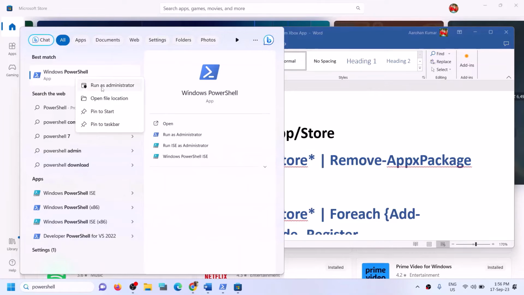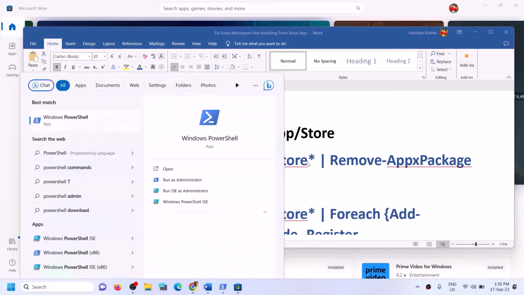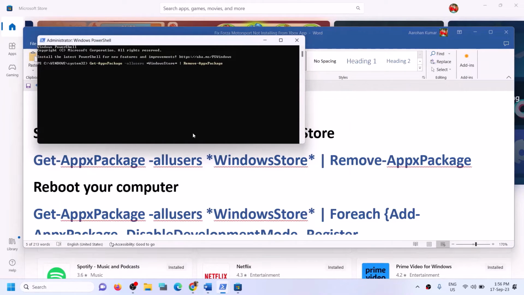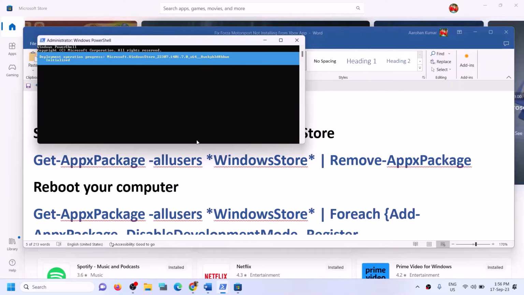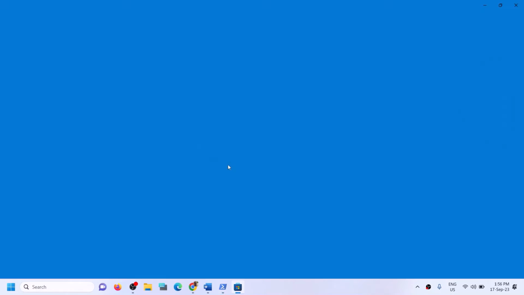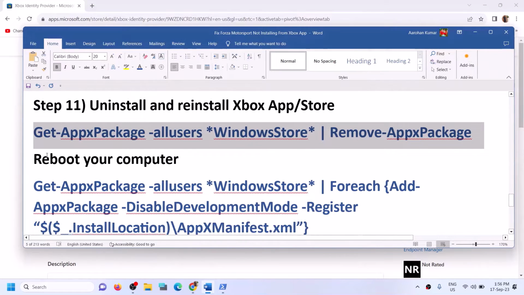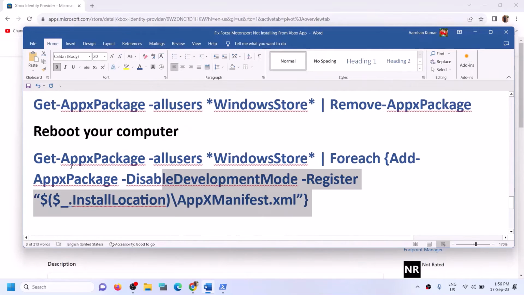Make sure that you always open PowerShell as an administrator and then click on yes to allow. Paste the command over here. This will uninstall Microsoft Store from your computer. Here you can see Microsoft Store. This will uninstall. It's gone now. Now you can restart your computer and then